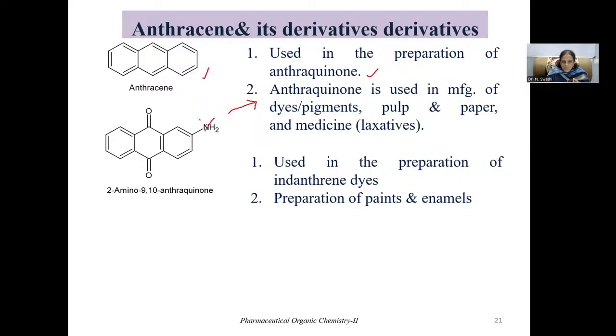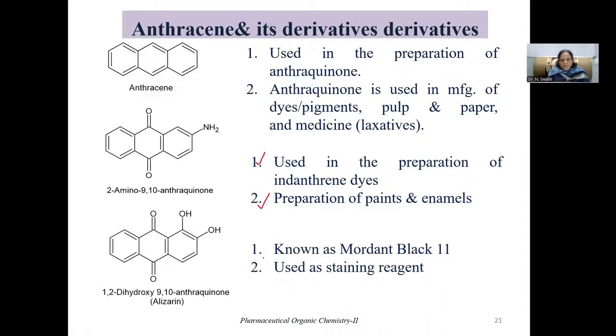Now, if you remove this amino group, then the structure becomes 9,10 anthraquinone. Now, this amino group is present at the second position on the structure of anthraquinone, and that is why it is named 2-amino-9,10 anthraquinone. This 2-amino-9,10 anthraquinone is used in the preparation of indanthrene dyes, and also it is used in the preparation of paints and enamels. Now the other example for an anthracene derivative or the derivative of 9,10 anthraquinone is 1,2-dihydroxy 9,10